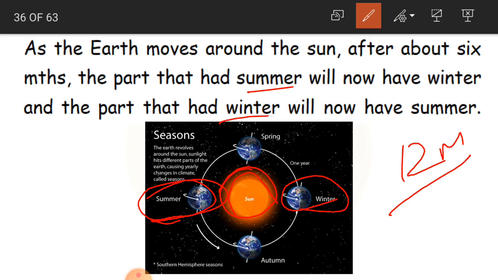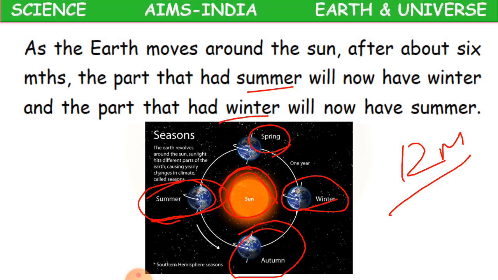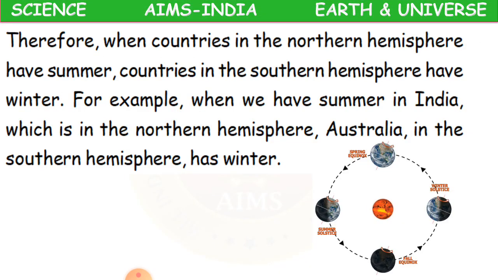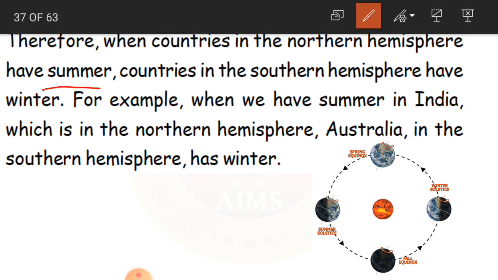So the part which is having summer for 6 months will be having winter the other 6 months. Okay children, and in between you will be having spring and also autumn. See here, therefore when countries in the northern hemisphere have summer, countries in the southern hemisphere have